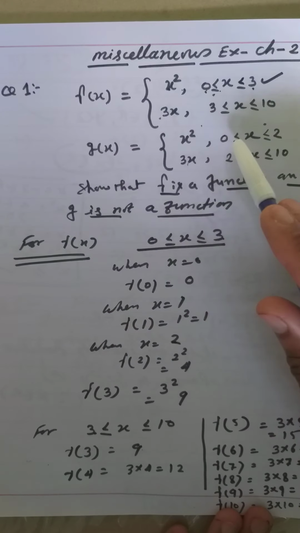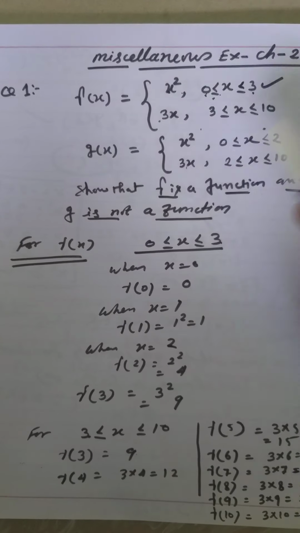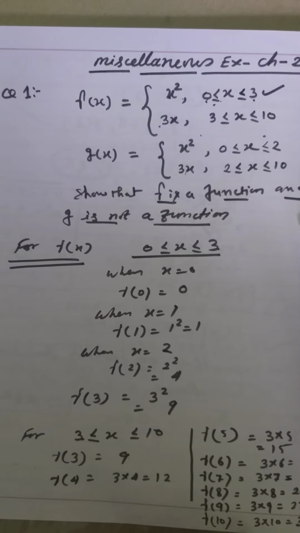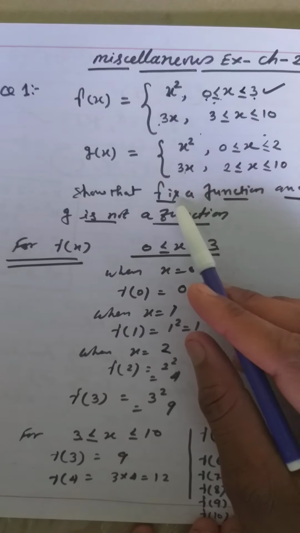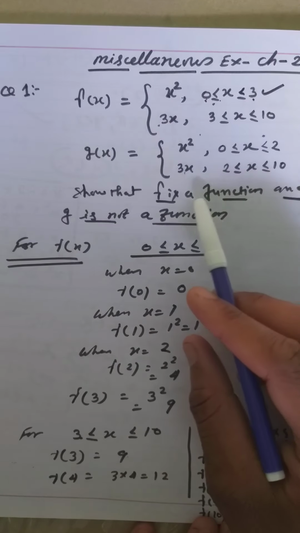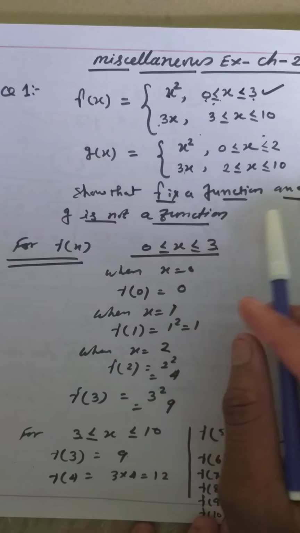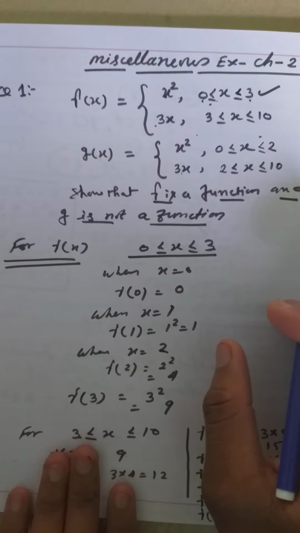g(x) equal to x square when the value of x is greater than equal to 0 and less than equal to 2, and g(x) equal to 3x when the value of x is greater than equal to 2 and less than equal to 10. So that f(x) is a function and g(x) is not a function. Okay. Now for f(x),